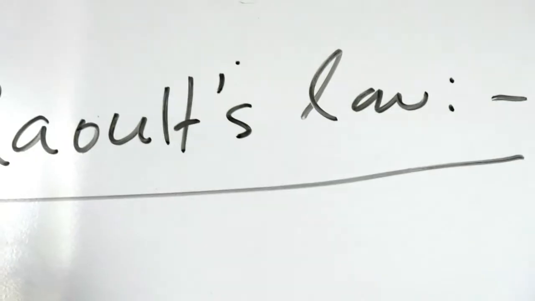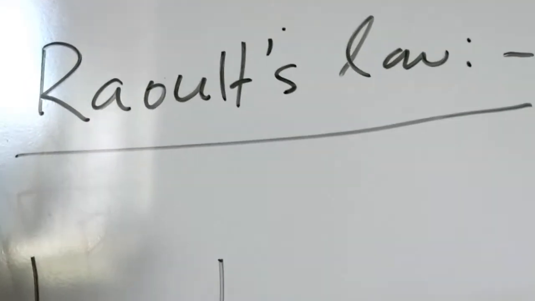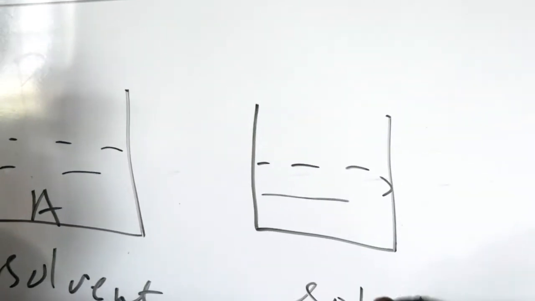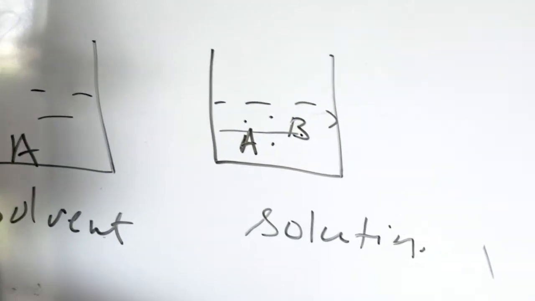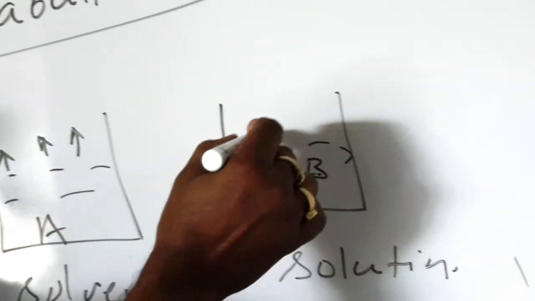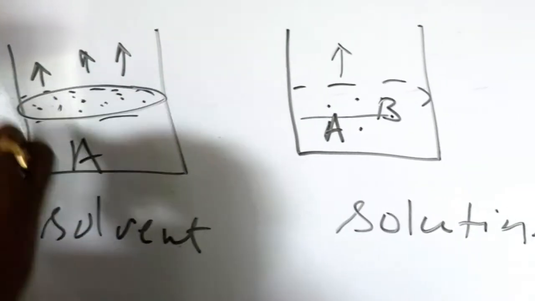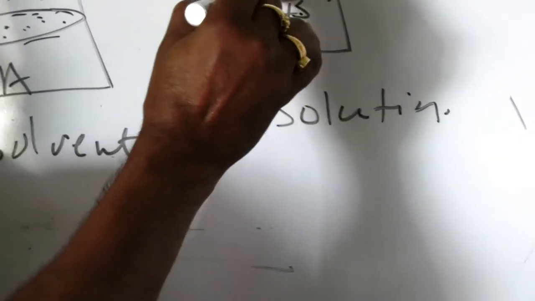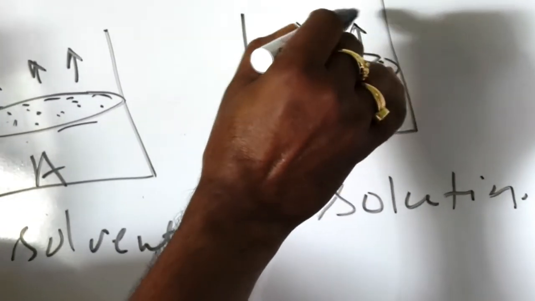Here it is found that when there is a solute in the solvent A, and here this is the pure solvent and this is the solution, containing A with it, let's say the solute is B, some moles of B are there, then the vapor pressure of A will be more than that of the solution, because the surface area of the pure solvent is very high with solvent molecules, and here the surface area contains some solute B from which the vapor cannot be removed. Only from the solvent will vapor come.